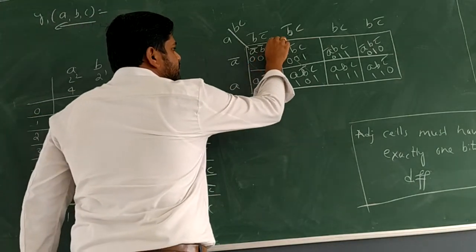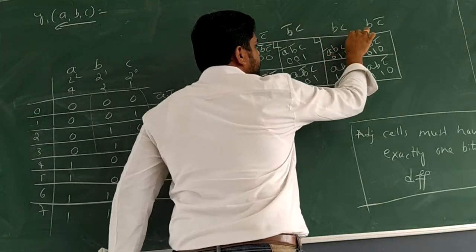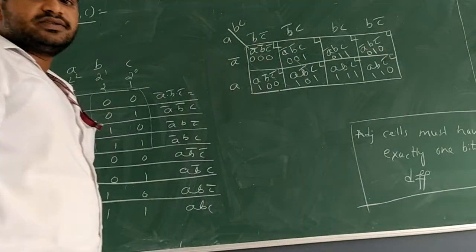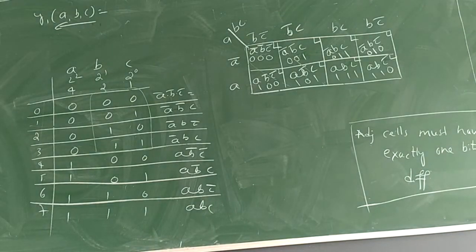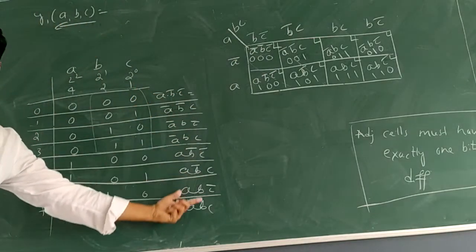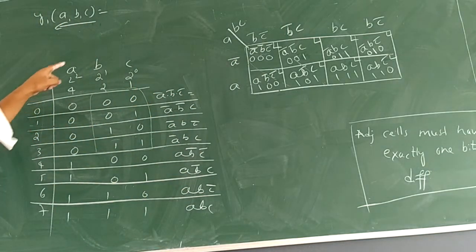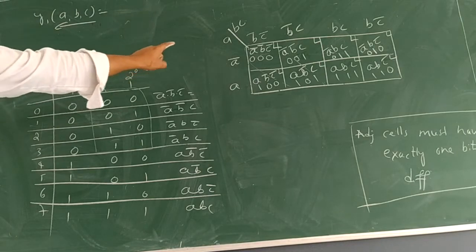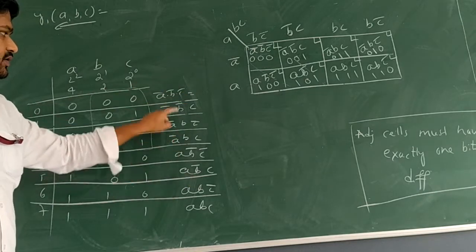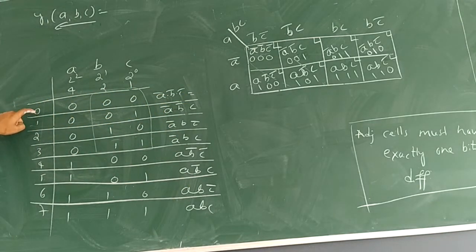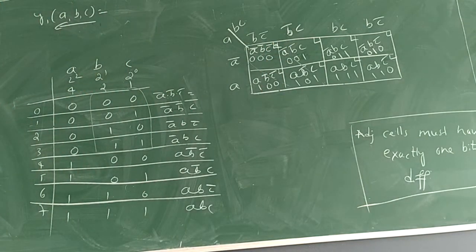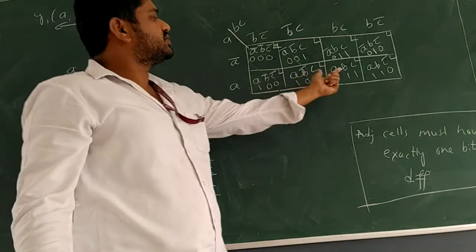Okay, now it is time to write the cell identification number, or we can call it the term number. So now what is your work? Find this term in this table, find its equivalent, and fill it in the small area. So what is the first cell? A complement, B complement, C complement. Where is it present here? First. So what is its equivalent value? 0. So here I will write it as 0. The font is small. Okay. So now let's write this.